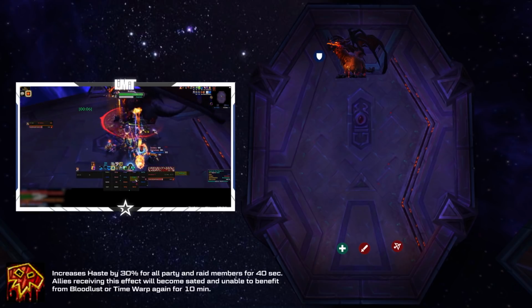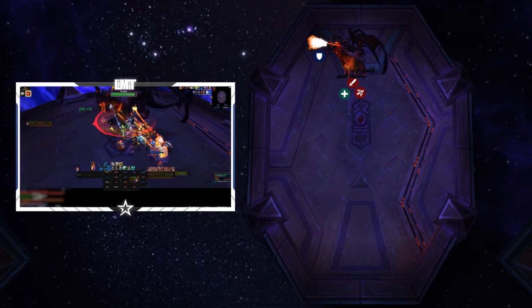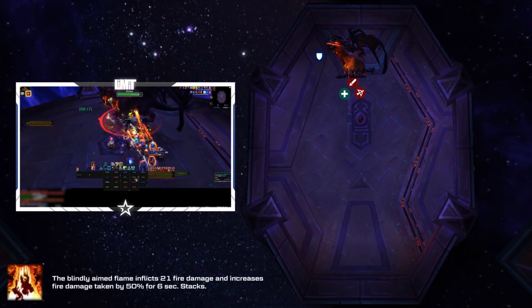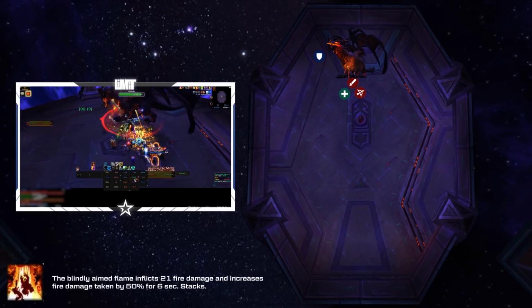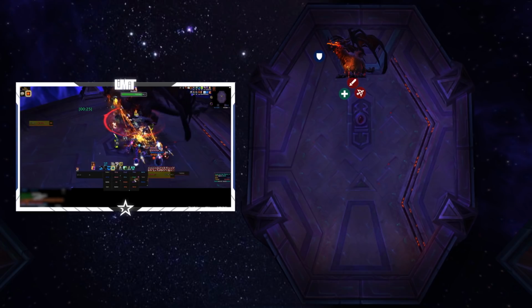Tanks should face the boss sideways, with the raid standing to the side of the boss. He breathes fire in a frontal cone that'll hit the tank for a large amount of fire damage, and also apply a debuff called Searing Flame. The tanks will need to swap every 1 to 2 stacks of Searing Flame, whatever you're comfortable with. He also does a tail swipe in a cone behind him, so obviously don't stand back there and get hit